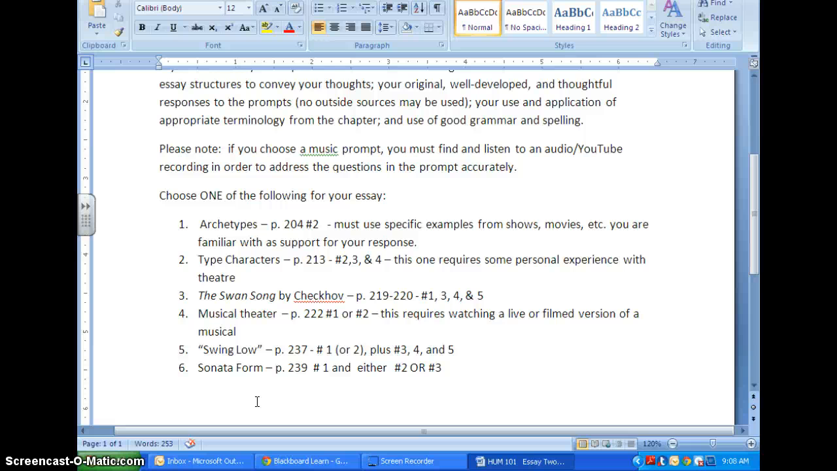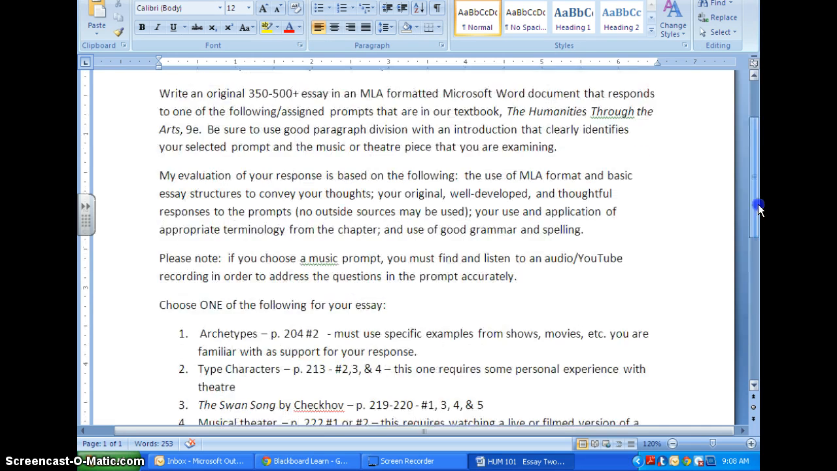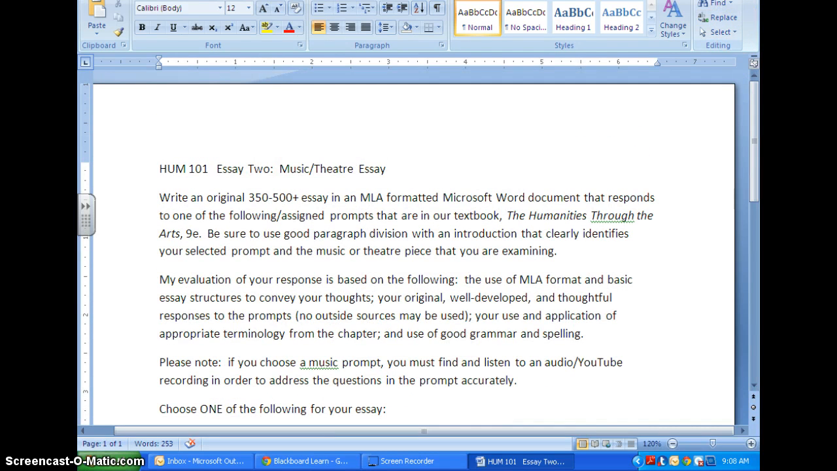And then on the sonata form, it's kind of the opposite. Everybody has to do, if you choose this one, number 1, but then you only have to answer 2 or 3, okay? So you get 2 questions on that one. It has everything to do with, sometimes a question number has multiple questions in it, and others just have 1 or 2, so I try to balance it out. But those are your 6 options, okay? And make sure you follow the directions clearly, and that's the only thing you have to do all week,